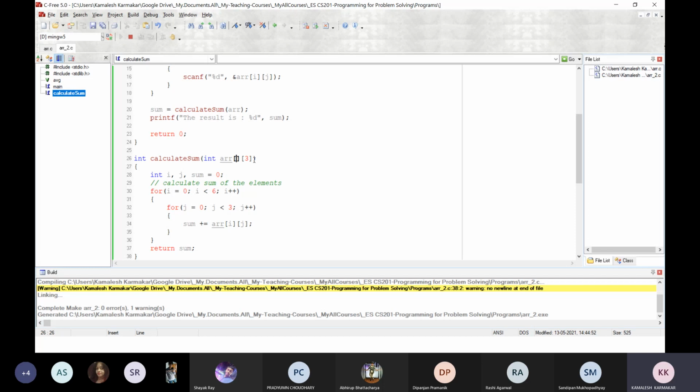In that case, the number of rows should be specified, and the last dimension can be blank, just the opposite of this. As we are using row major order, the thing is like this. If it's column major order, the last dimension can be kept blank, but the rest of the dimensions must be filled.